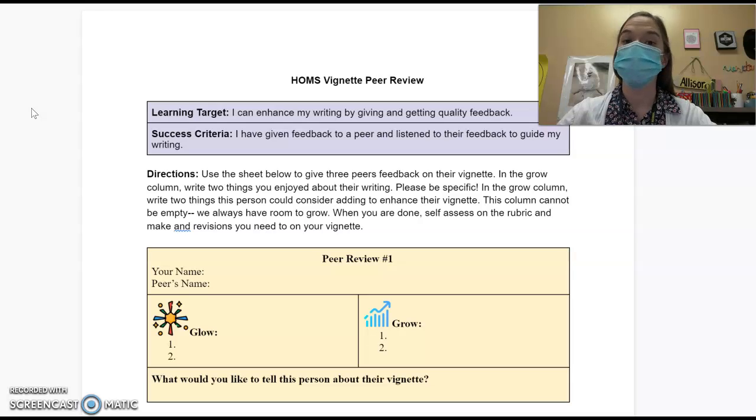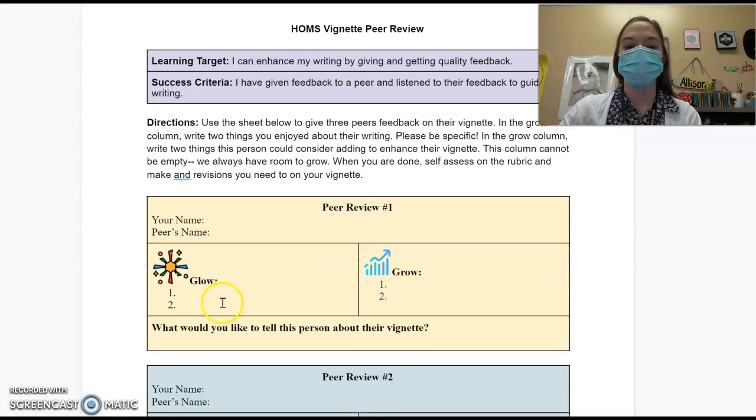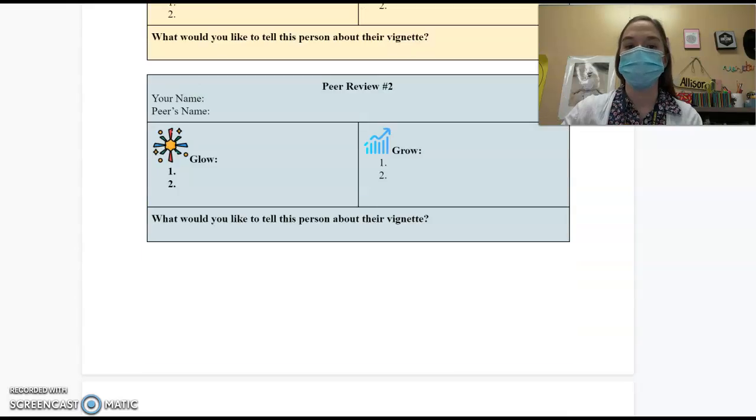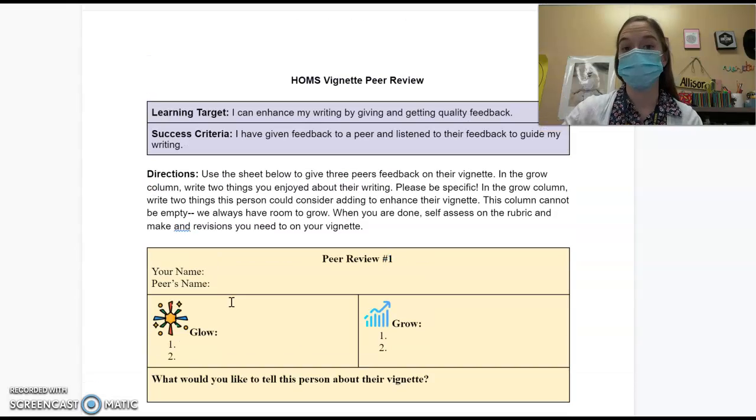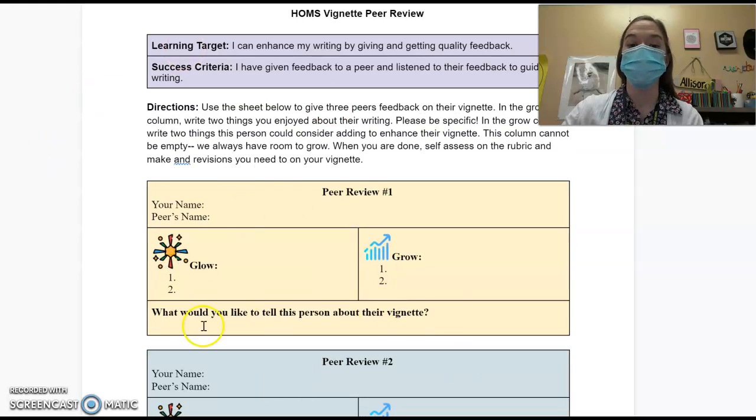So the goal is not to change our story because we can't, right? It's our life, our story, but to enhance that moment and make sure it's communicated in the way that you want it to be. Our best resources is each other for that, right? To make sure. So here down you can see that there are 3 different places to swap with a peer. So during workshop time, that's an option for you. If you're doing this, please make sure you're getting a variety of viewpoints.